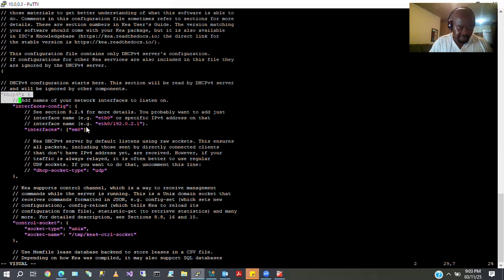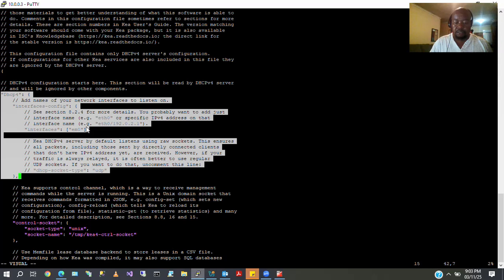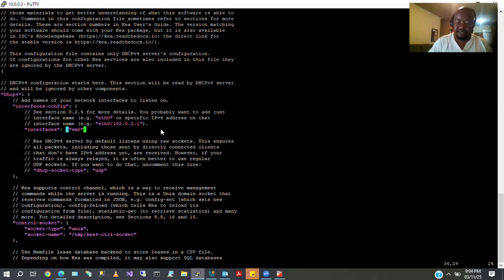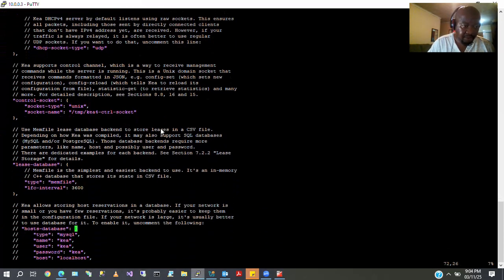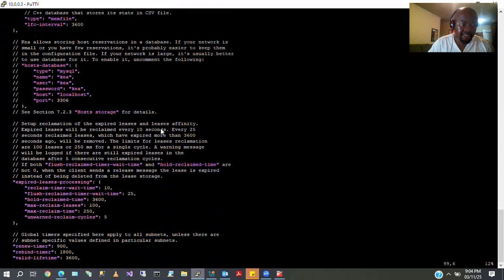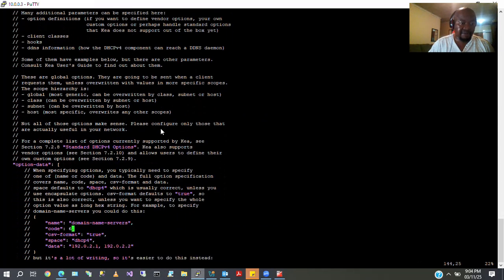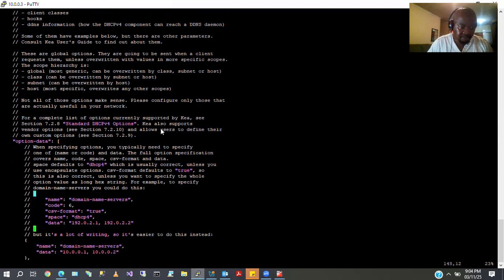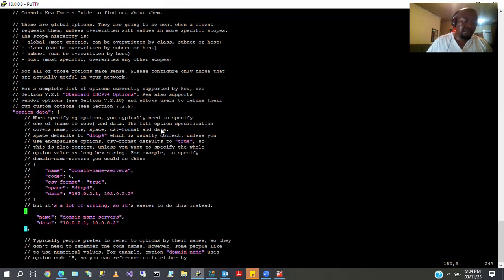Then we're going to go to the subnets. Don't highlight that, just scroll. Like I said, on FreeBSD, our file has a lot of information. It's a help file. You can see it tells you what everything does here. Okay, at optional data of our DHCPv4 section,